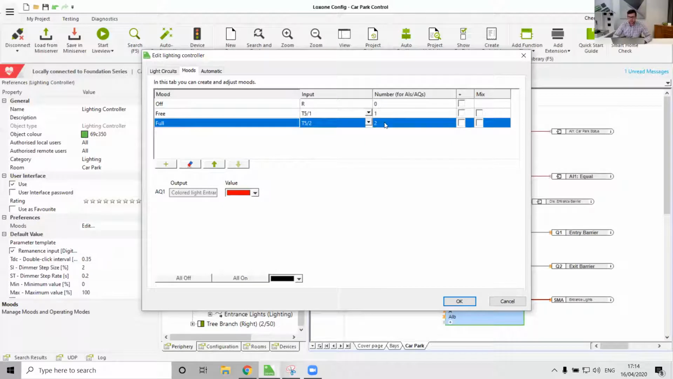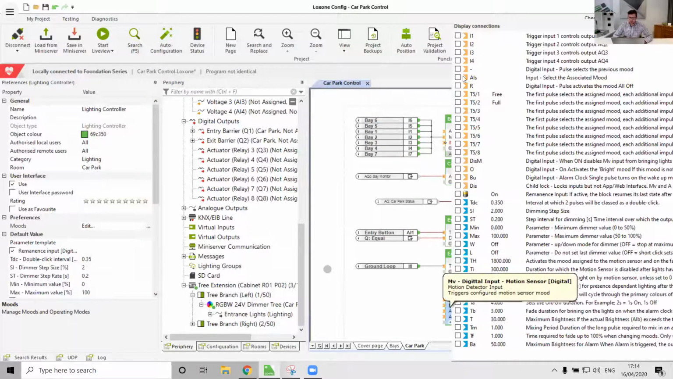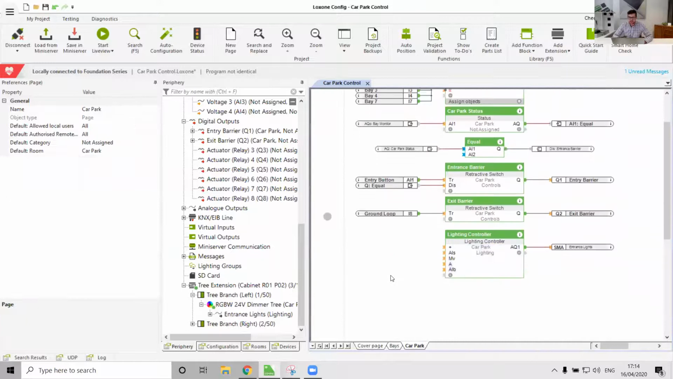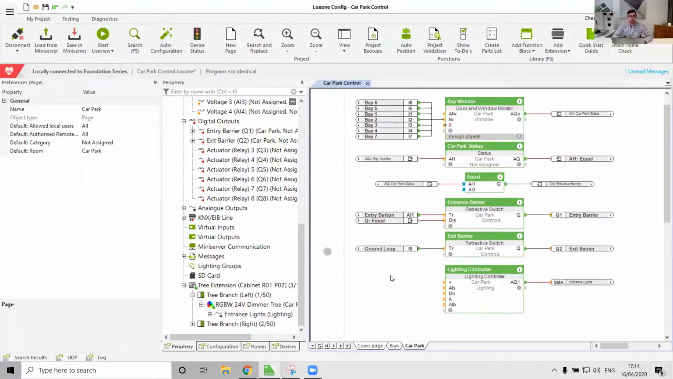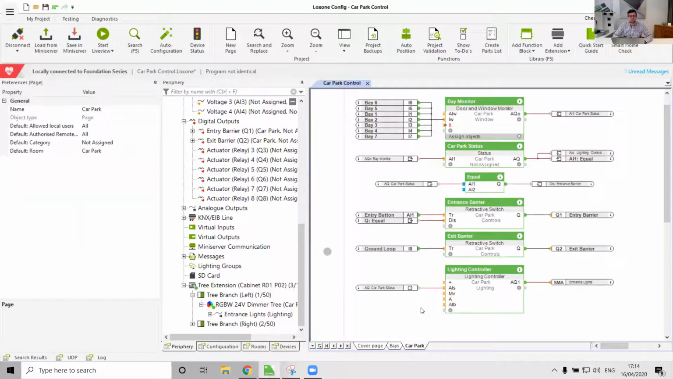And the important bit here is the number for AIS, 1 and 2. And that's because there is an input on the lighting controller, AIS, which I can directly tie an analog value to go to a specific mood. And guess what? This status block is already outputting a 1 or a 2, depending on free or full. So I do that, I save it in,